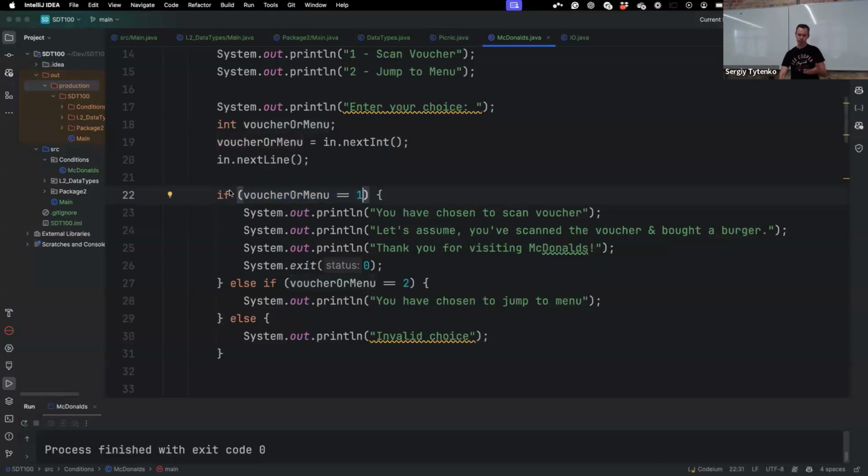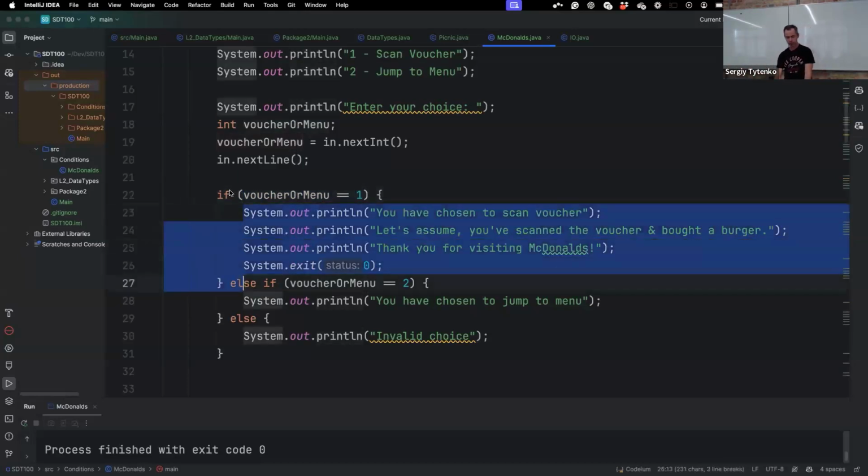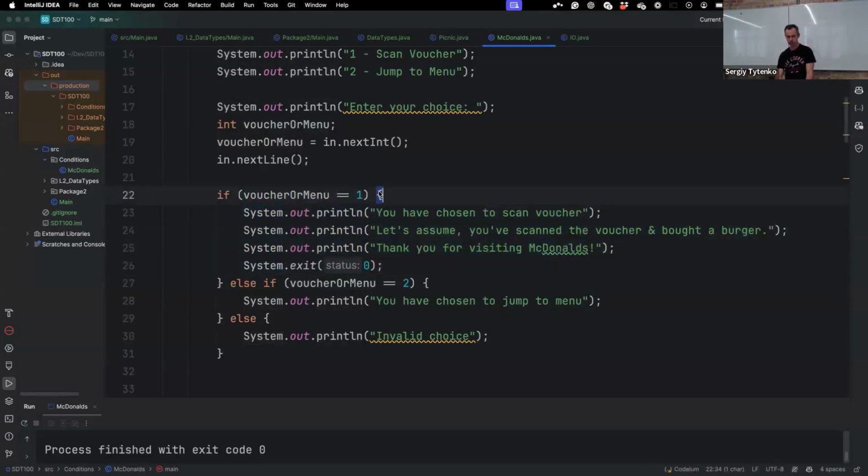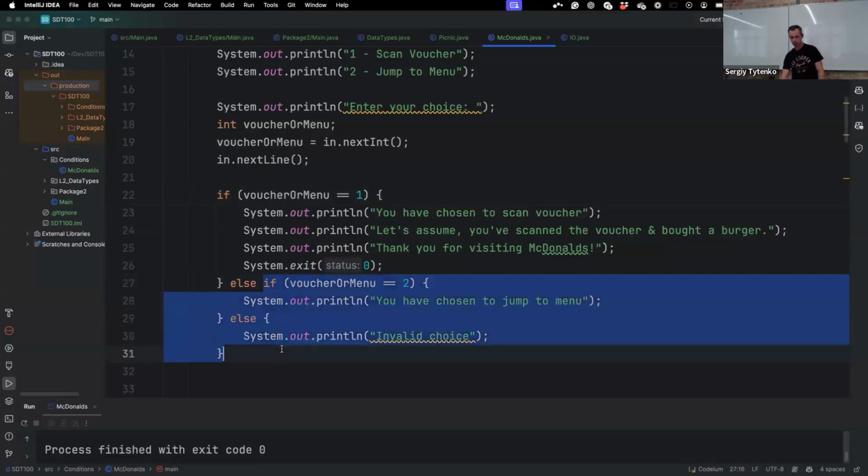If this Boolean expression is true, then we execute this first part of code, starting from this bracket, ending with this bracket. Else, if we have another situation, we execute the second part of the code.